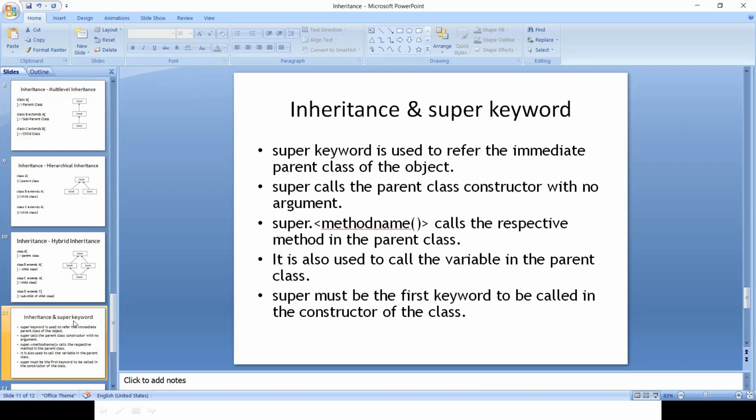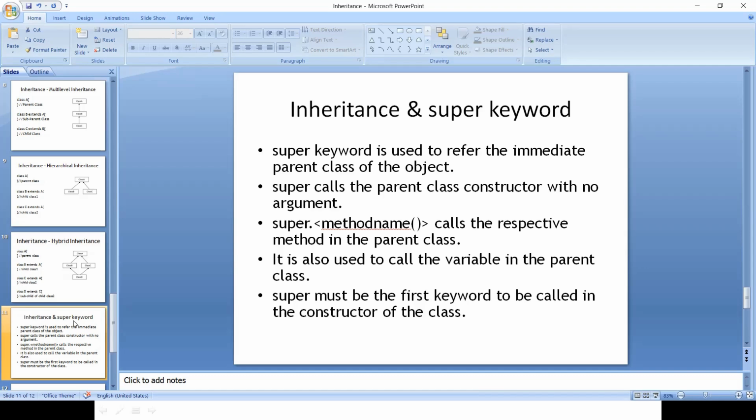We all know, right? Whenever a Java class file is compiled, even though we don't mention it, there is a constructor with the same class name being created at the backend. The compiler creates that. So there is always a constructor with the same name as the class name. Now, whenever we call this super keyword in our child class, it refers to the immediate parent class, right? So it calls the constructor that has no arguments.